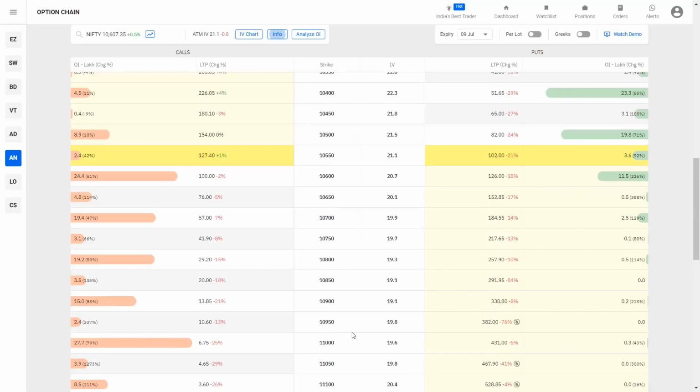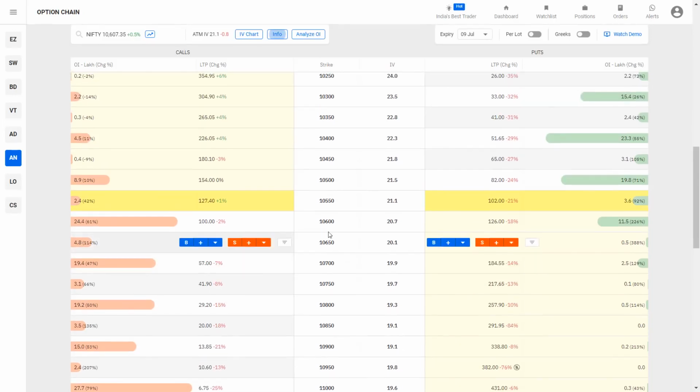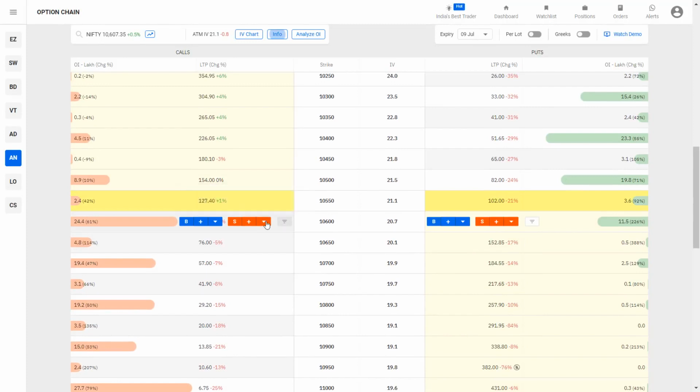We also show you the probability of expiry in the money, and this is very useful. So let's say you're looking at 10,600, right? You can see that the mathematical probability that the buy will expire in the money is 47%, so the sell will make money 53% of the time, because there is a 47% chance that 10,600 will expire in the money. So 53% of the time it will end up as OTM, therefore you will make money.